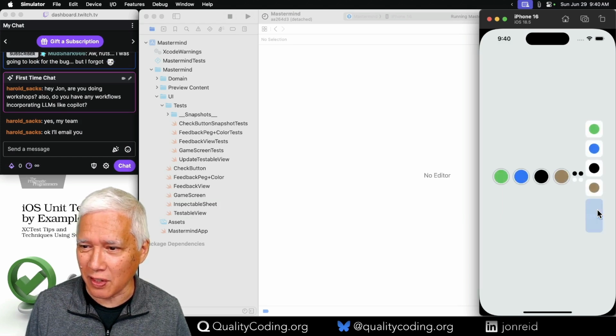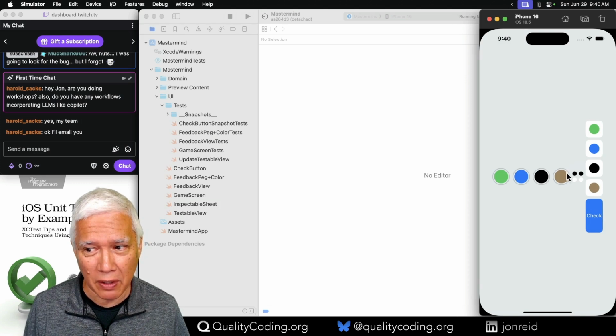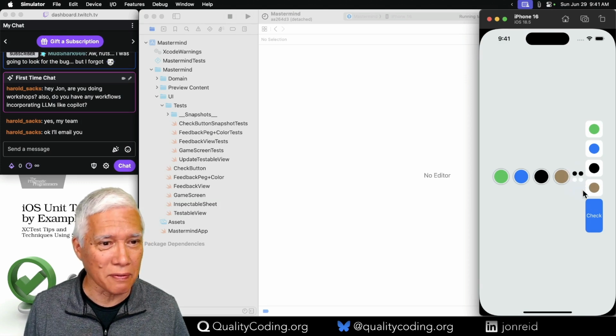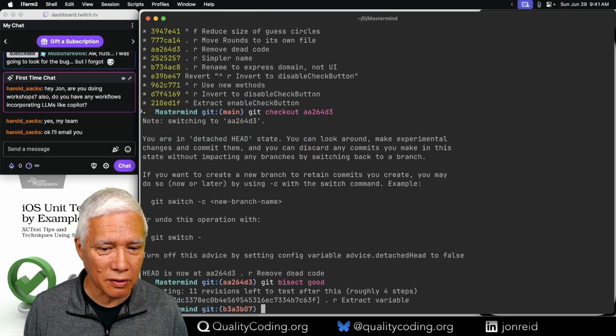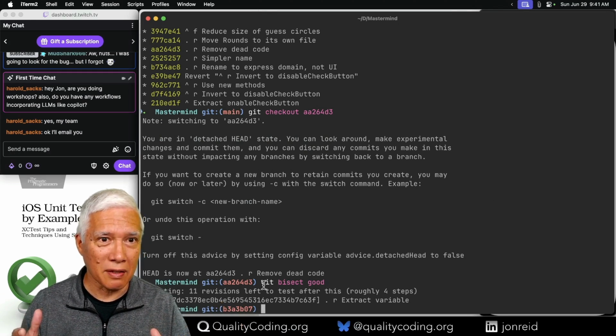Okay, let's see. Okay, so there's the feedback. 2 in the correct position and 2 in the incorrect position. So that is a git bisect good. Now we're letting Git help us by